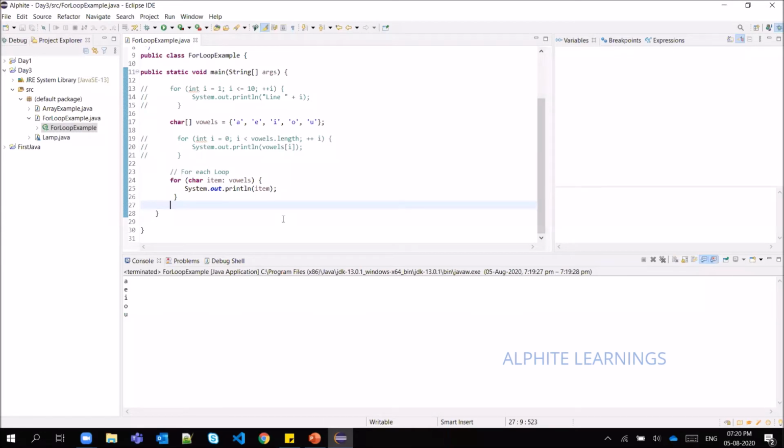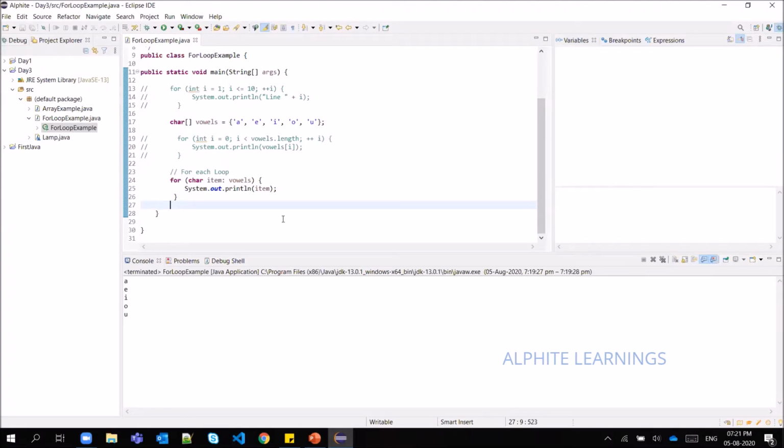I want to check each and every element present inside that array. In that case, I don't want to give those long statements. I don't want to initialize, I don't want to check any condition, I don't want to increment. I just want to iterate over the things and print them.